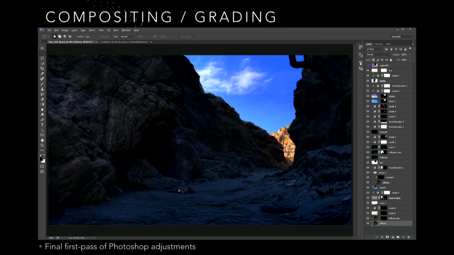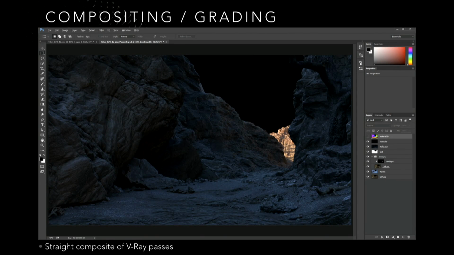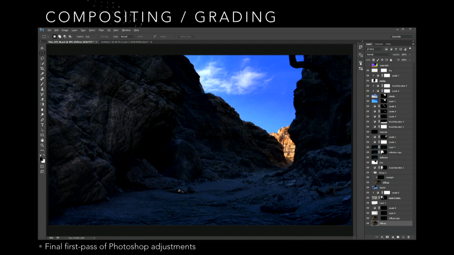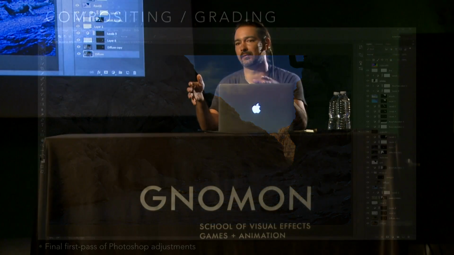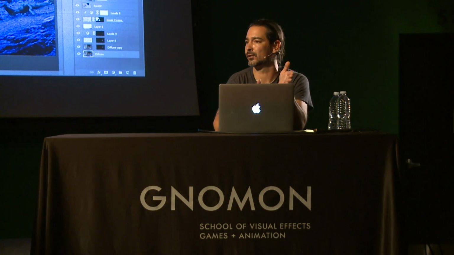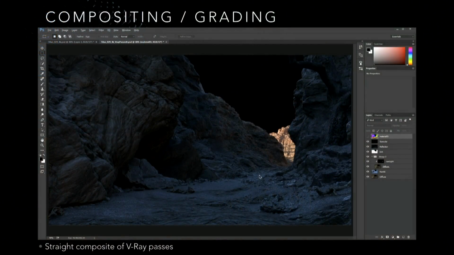So what I'm seeing here is what the image looked like out of V-Ray, but this is the final image. Especially when you're doing stills, but really ultimately everything tends to get composited. 100% of things in visual effects are composited, and most of that work is color graded and goes through DI to tweak. I know this process has become much more prevalent lately online, so you're probably all very aware of it. But only try to get your image about 80% of the way there with V-Ray or your rendering engine, because it'll be so much easier once you get into Nuke or Photoshop to make all those final little tweaks. So here is what it looks like from V-Ray, which is not too exciting,